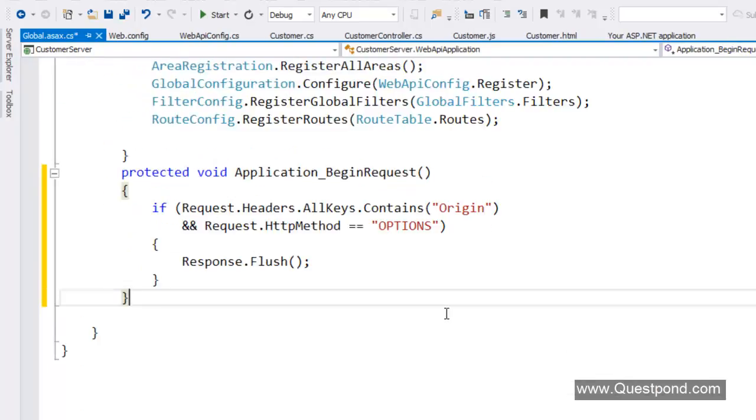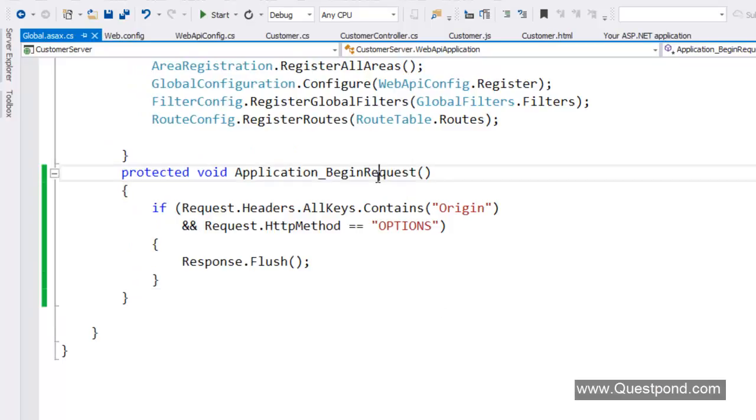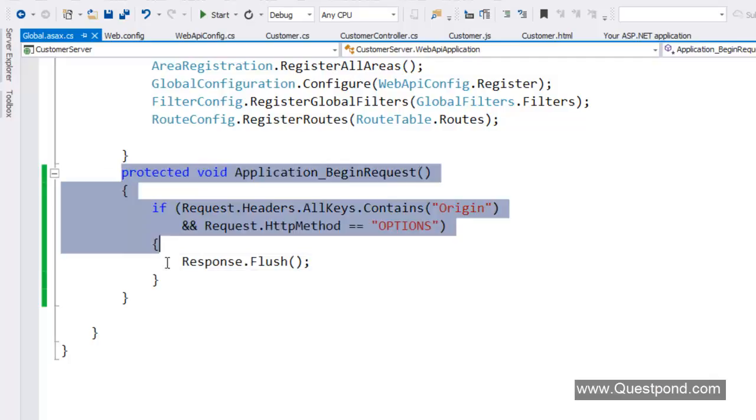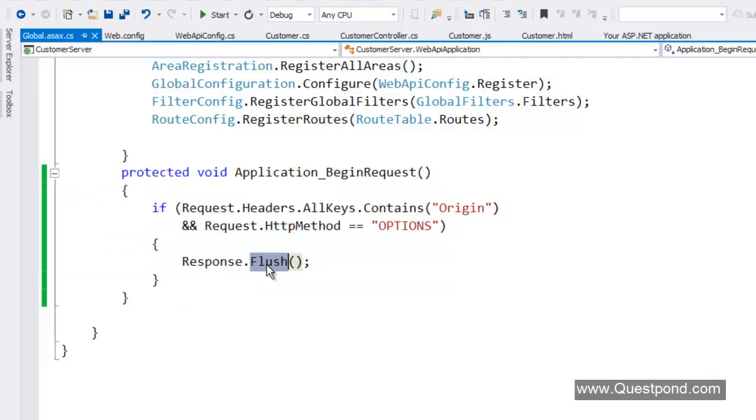So you can see here in the application begin request event, I have put some code. This application begin request is an event which gets fired every time a request comes to IIS. So what I'm saying here is, if the call is having options, meaning it is not having a put, a post, a delete, or a get, it is asking questions to the server, then please do not send any kind of response, just flush out. So with this, no response will be sent to the client, and he would get his options in the headers, and then afterwards he will actually make the